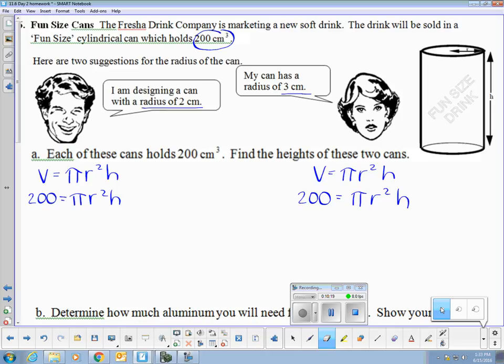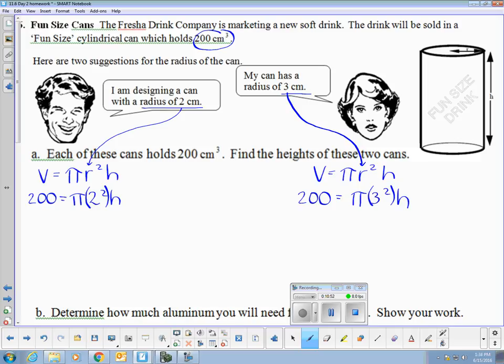first can is 2. The radius of the second can is 3. And the question is, what is the height of each of these cans in order for them to hold the